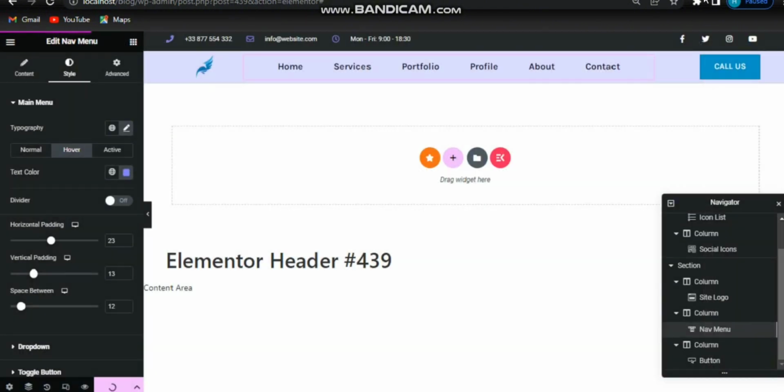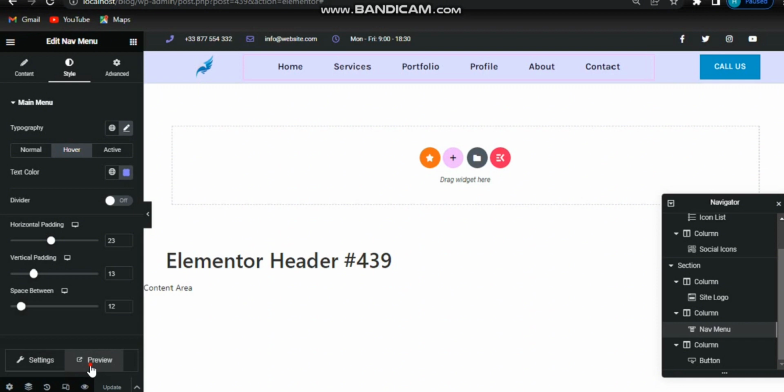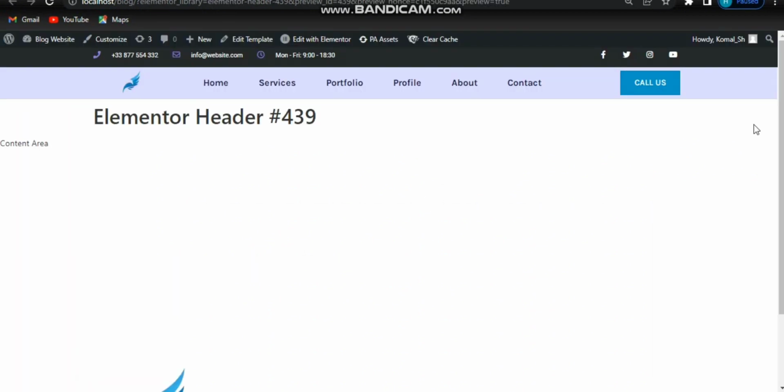and close. After that, view, and you can preview how the header looks. So that's how our header now looks. I want to give this button and the social icon a little left margin, and this button also, and the logo and this icon list also. So just go to the